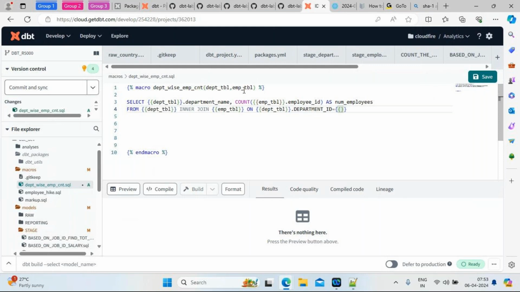Employee table. Employee table dot. Guys, make it mute, I'm getting some external noise. I keep on saying to you guys, employee table dot department ID. Department ID. And then